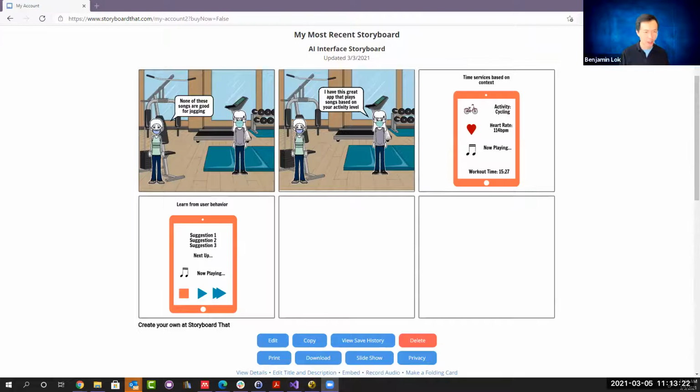Yeah, I think that's something Adidas does with Spotify. So there are ways to adapt the music to things, and I think that part is really great. The other part that I like about your storyboard is that it appears to be showing the user that information. I think that's also important to let people know, not only "hey, look, I'm playing this music," but also why, so you can change things up. So learning from users' behavior, I think that's good.